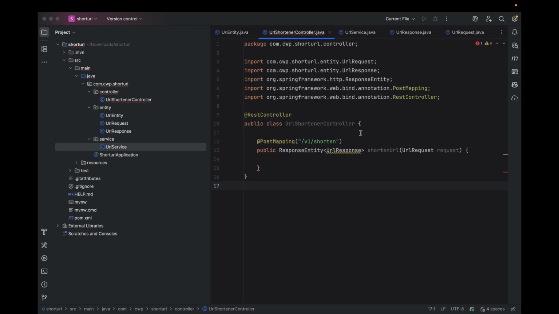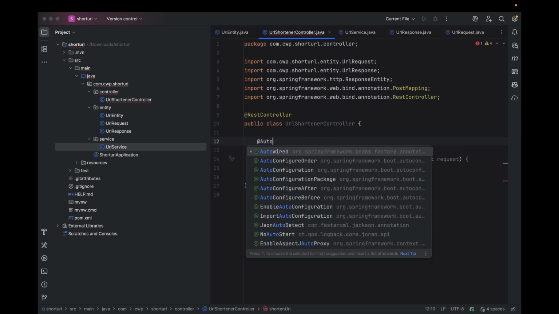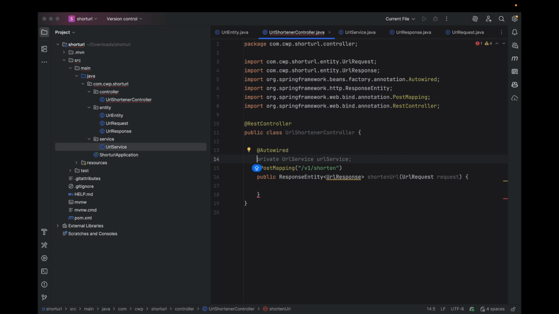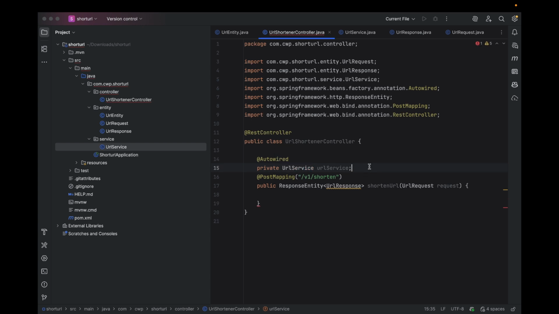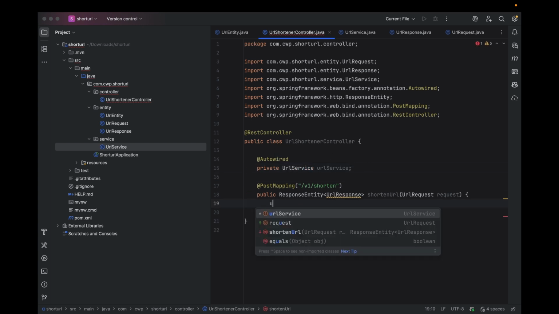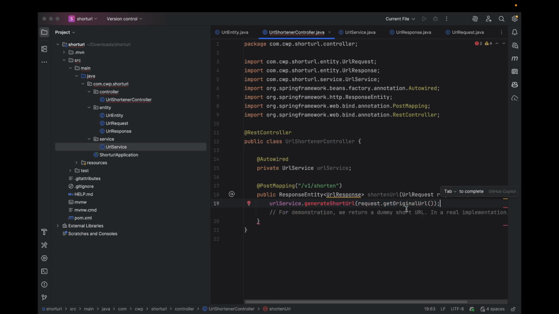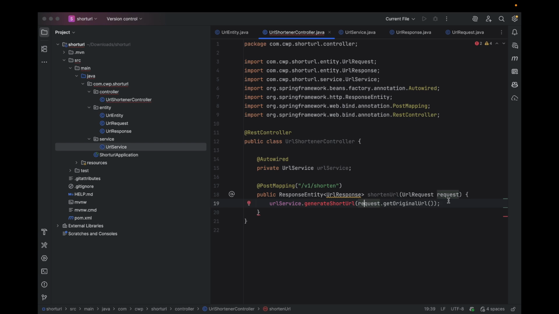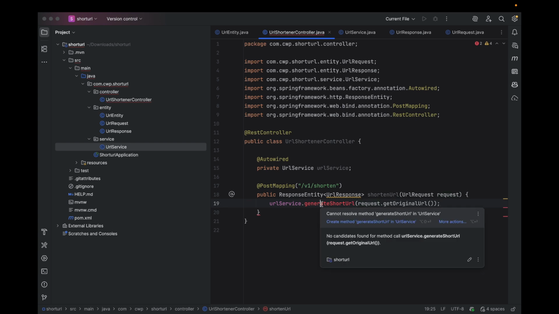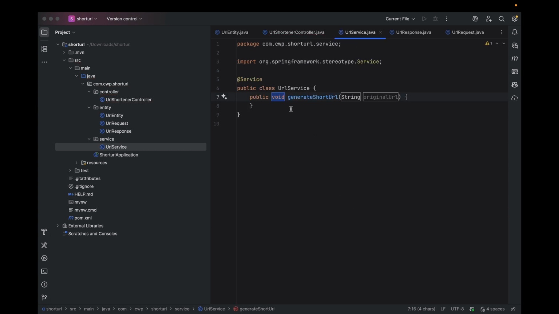And now what we can do in our controller, we can use this service. We can auto wire that service, and we will import that class. Fine. Now we will use our URL service, and we will say generate short URL, and we will hit the original URL from our URL request, and we'll pass it to a function that is not created yet. We'll create that in our service class. So here